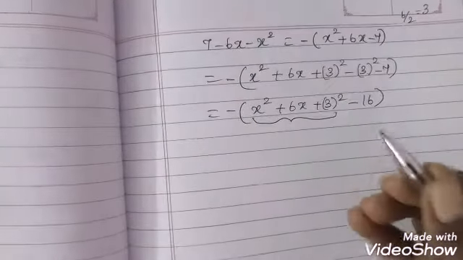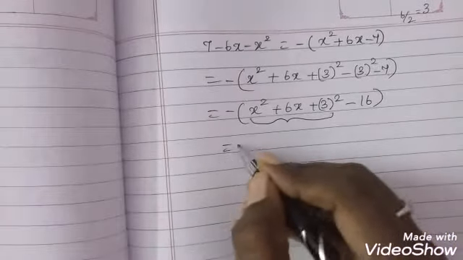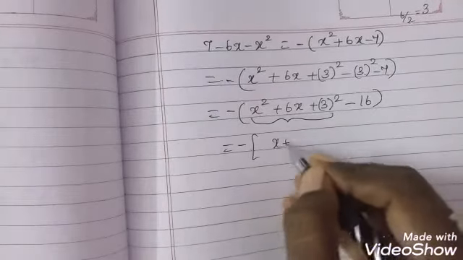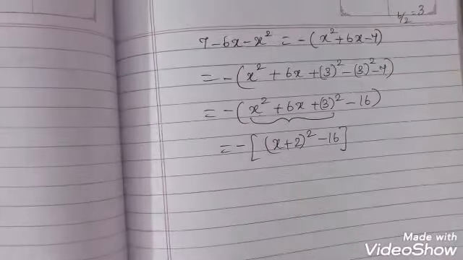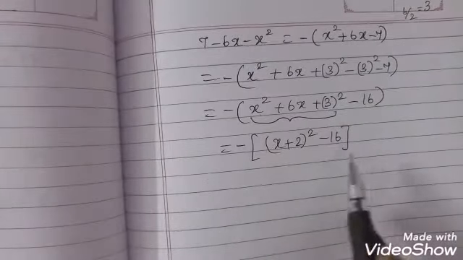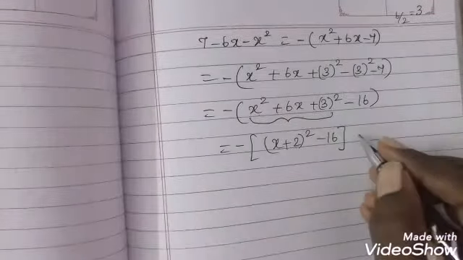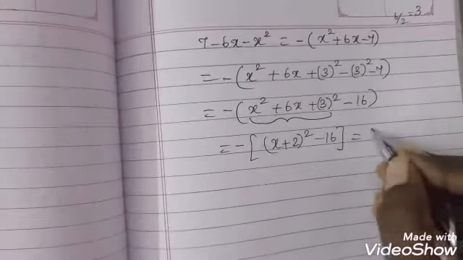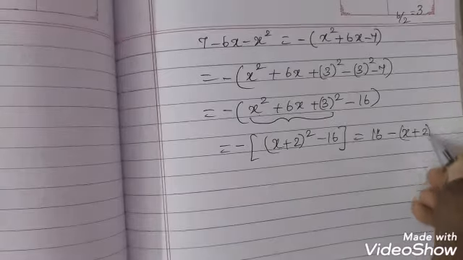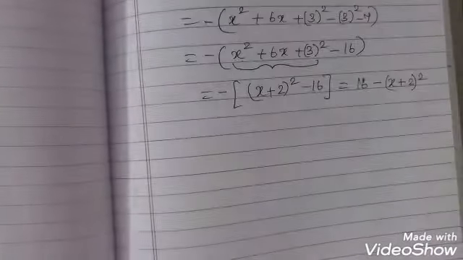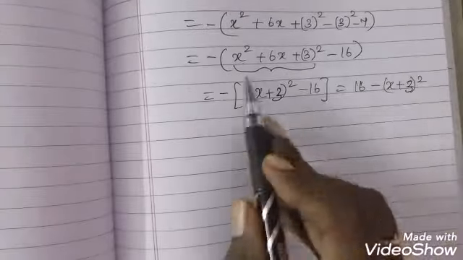Now what happens to these three terms? It is x squared plus 2ab plus b squared you get. So it is minus of (x plus 3) the whole square minus 16. Is it clear? Now this is actually inside the square root, and keeping this minus sign inside the square root is not ideal here. So I'll just multiply it. When I multiply it, what will I get? 16 minus (x plus 3) the whole squared. This is what you have here.